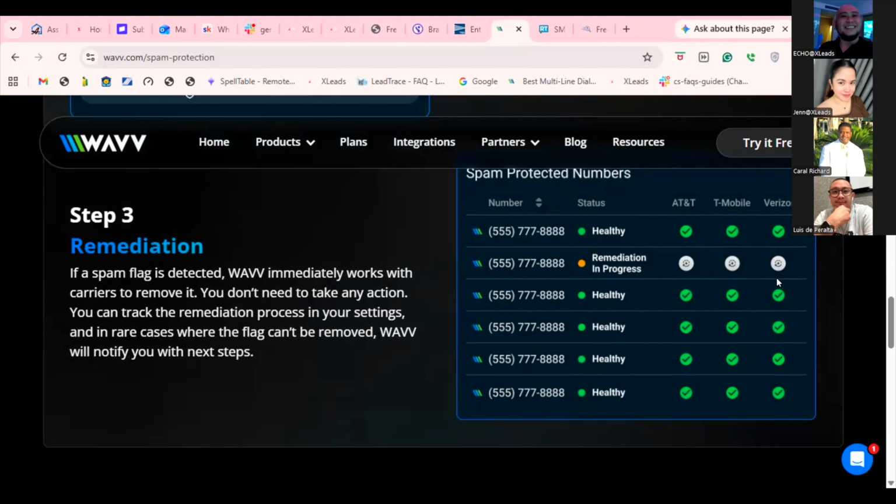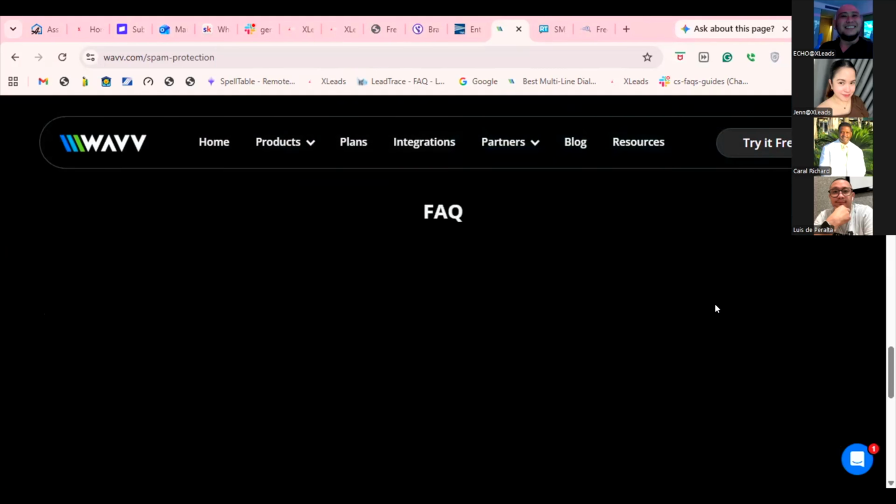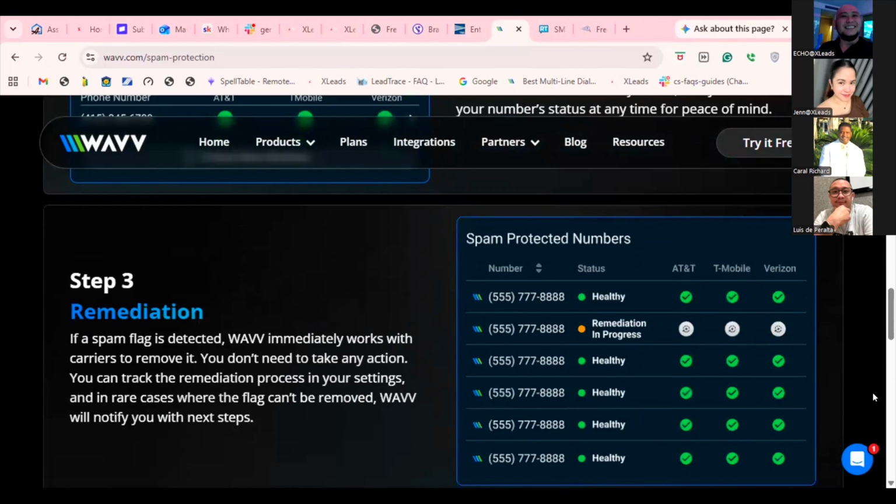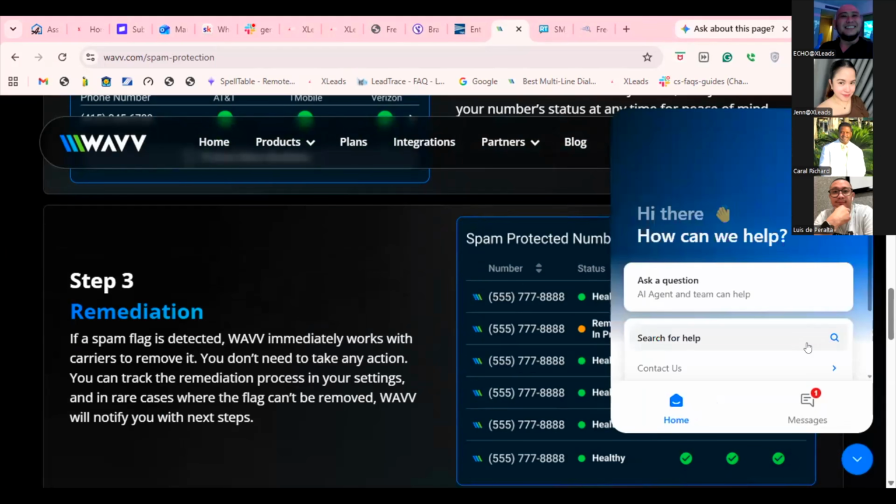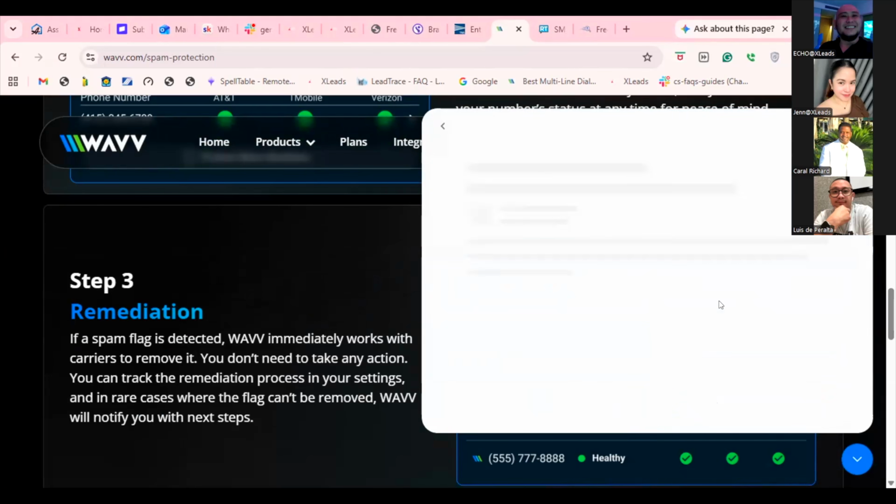The Wave will do it for you. They will try and take away that spam tagging and make your phone number fresh again, or whitelist the phone number. And also, if you need additional information regarding the Wave, they do have their own support system, which is available